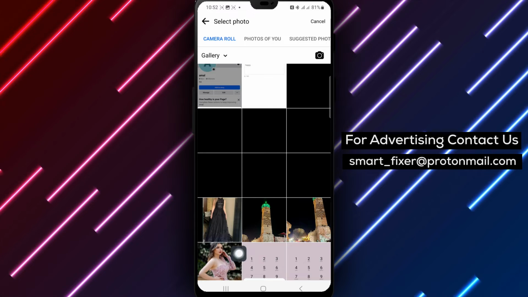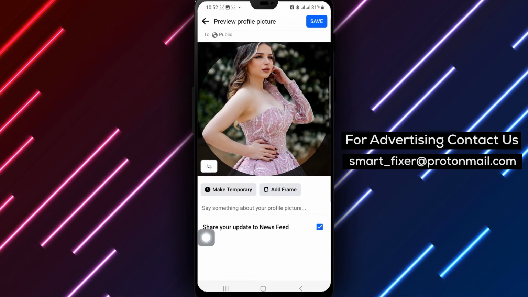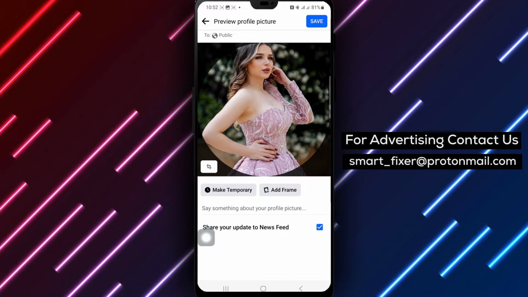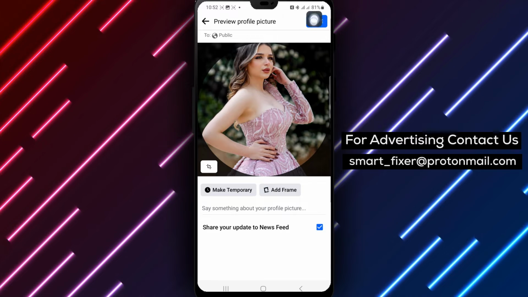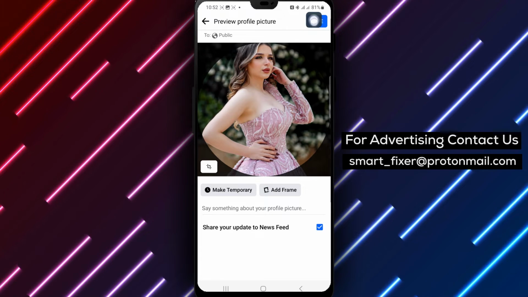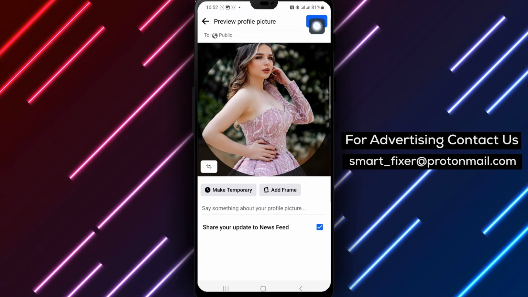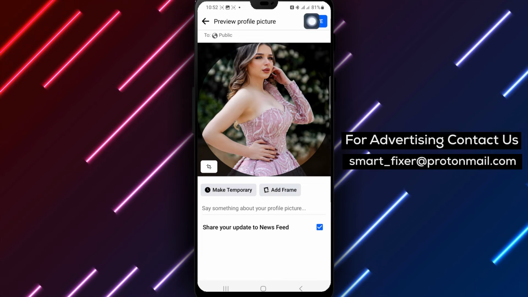6. Add a photo by selecting the option to either capture a new photo or upload one from your phone's gallery. 7. Once you have selected your desired profile picture, tap Save at the top right to apply the changes